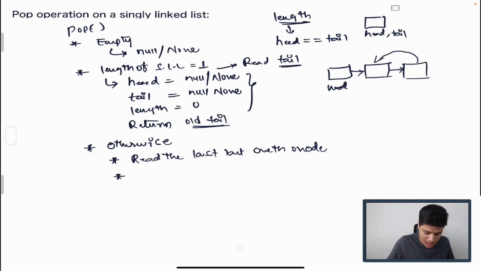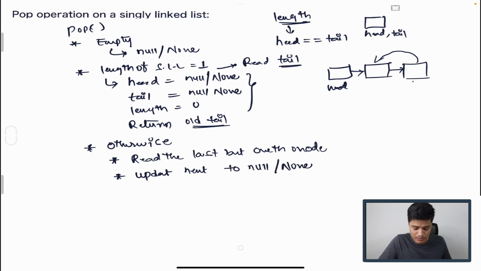Once we go to that node, how will we delete the last node? We have the reference of that node in the last but one node. That is available in the next of the last but one node. So we will simply update next to null or none, based on our programming choice of implementation, and we will simply update